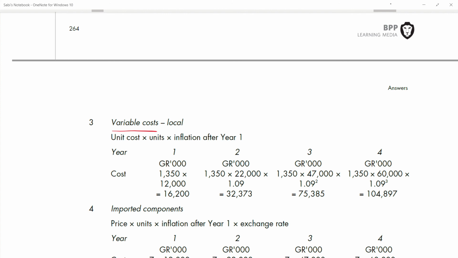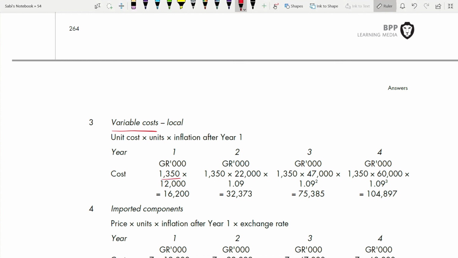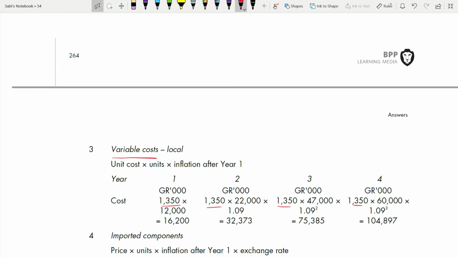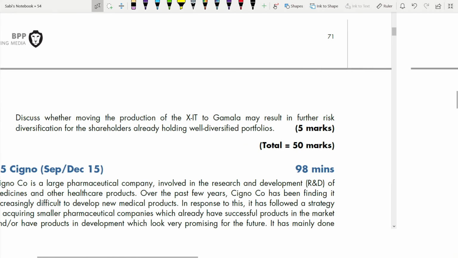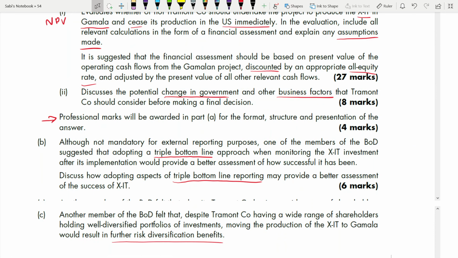And if you see, it is 135, the unit cost. Okay, we'll check, 1350. Here also, it is in 1000. Everywhere, if you have put it in one place, you have to put it everywhere. Don't forget. I kind of forgot, because by the time you come to variable cost, you will forget. You read this requirement way before, and in between you did so much calculation, so it's always better to return to your case study and check.